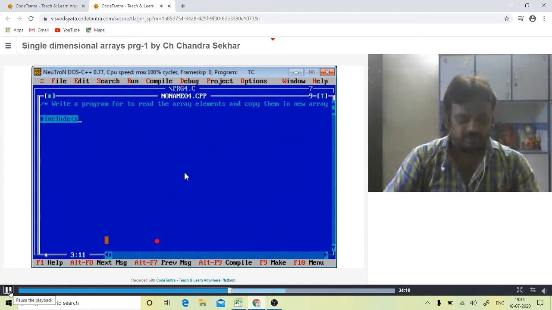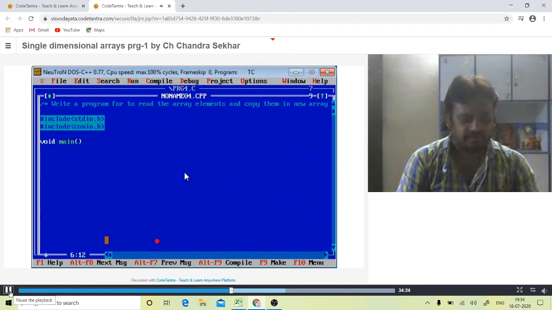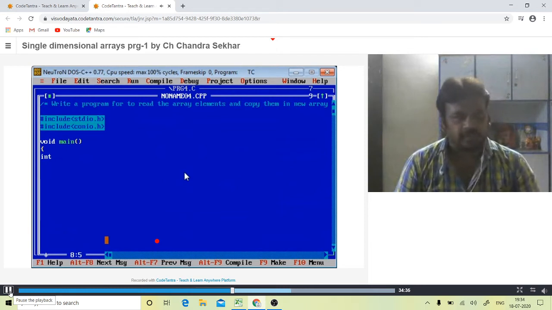#include stdio.h, #include conio.h. Next, the main function. We need two arrays: one for reading and another one to copy the already existing elements into a new array.